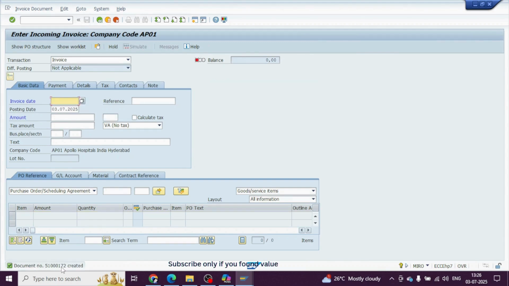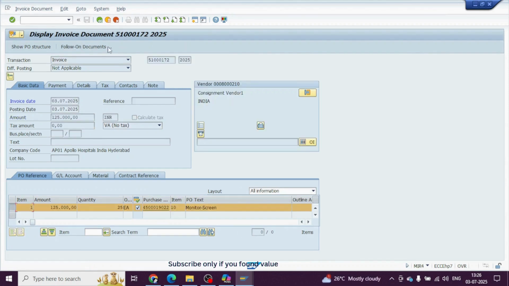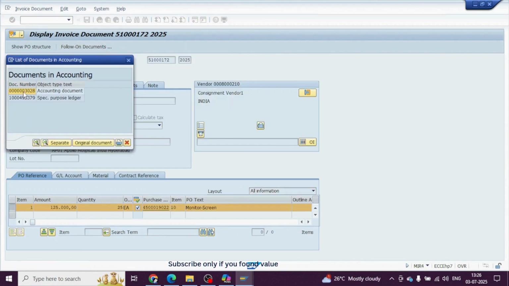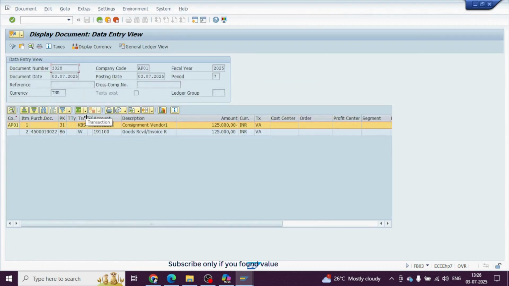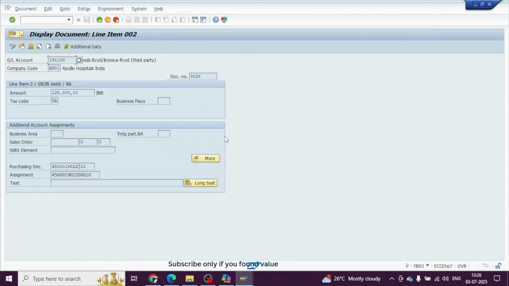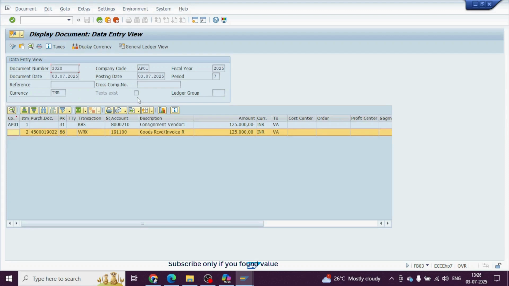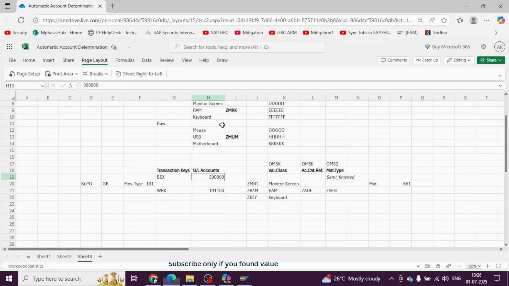So it got successfully posted and your document is created. Now let's go and see the document display, and go to your follow-on documents, and you should have your accounting document. And with this accounting document, you see you have WRX. It was credited last time, right? So now it is debited, and the KBS vendor account is credited. So this is how the system automatically gives you the respective GL accounts and posts those transactions accordingly using the transaction keys. Okay,